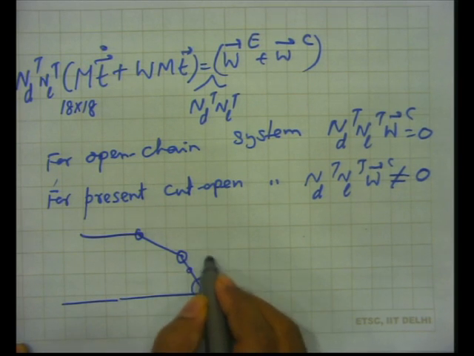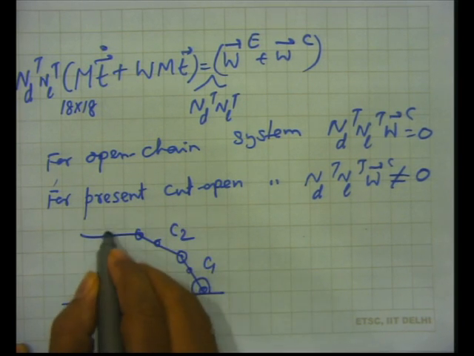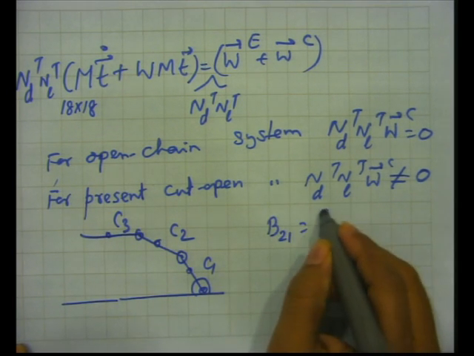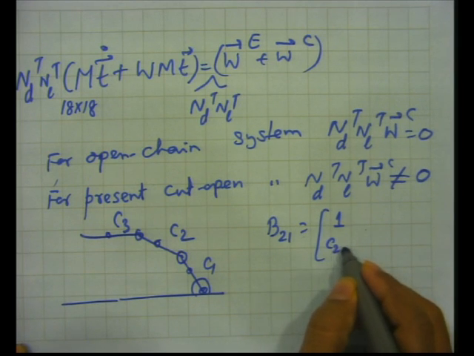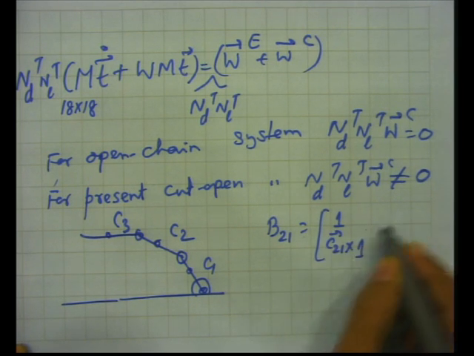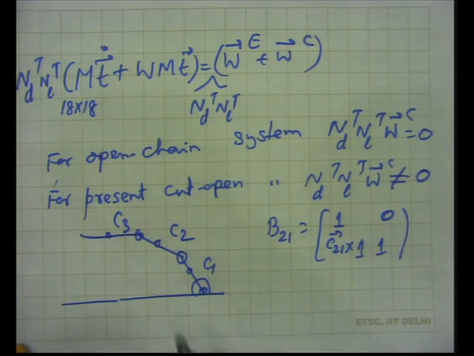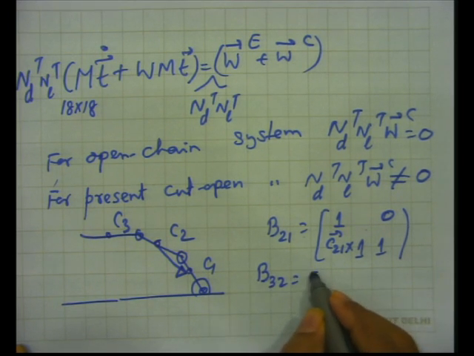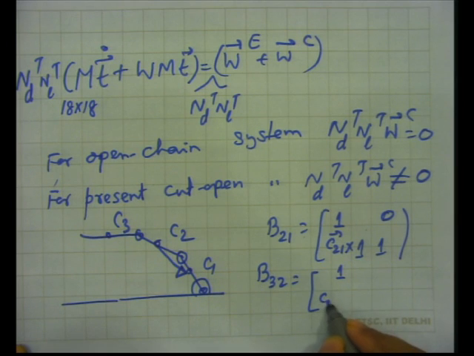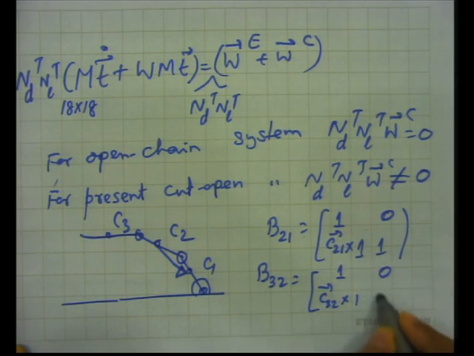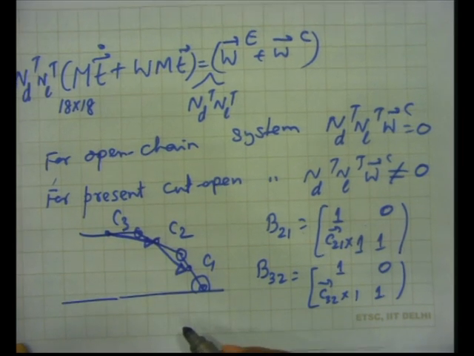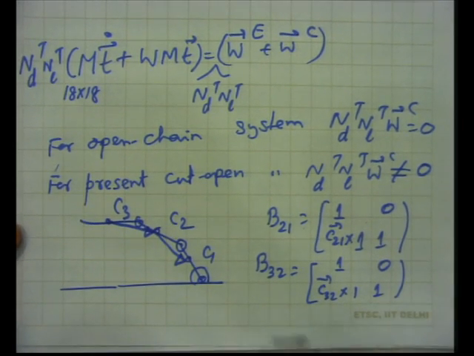So, I have C1, C2 and C3, and B21 by definition is [1 C21 cross; 1 0 1]. What is C21? C21 is actually this vector. Then B32 is equal to [1 C32 cross; 1 0 1]. C32 is which vector? This vector. Okay. And then B31